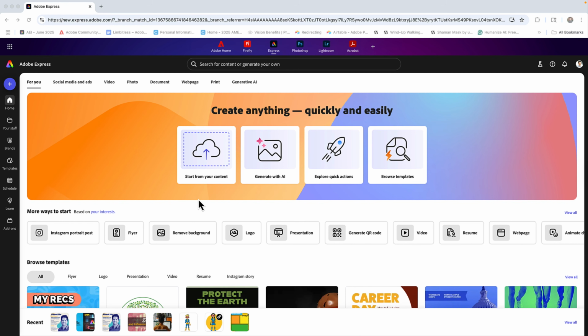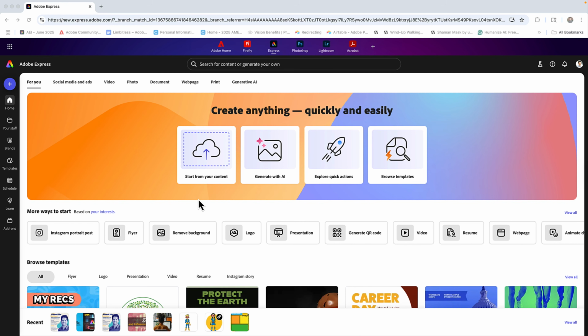You're going to go to new.express.adobe.com and access your Adobe Express account. Once you're in that account, you're going to hit the big plus button on the home page and look for the tab entitled Quick Actions. In Quick Actions, I want you to scroll down until you find the Animate Characters tool. I'm going to click on Animate Characters, and it's going to bring up your very own animatable character template